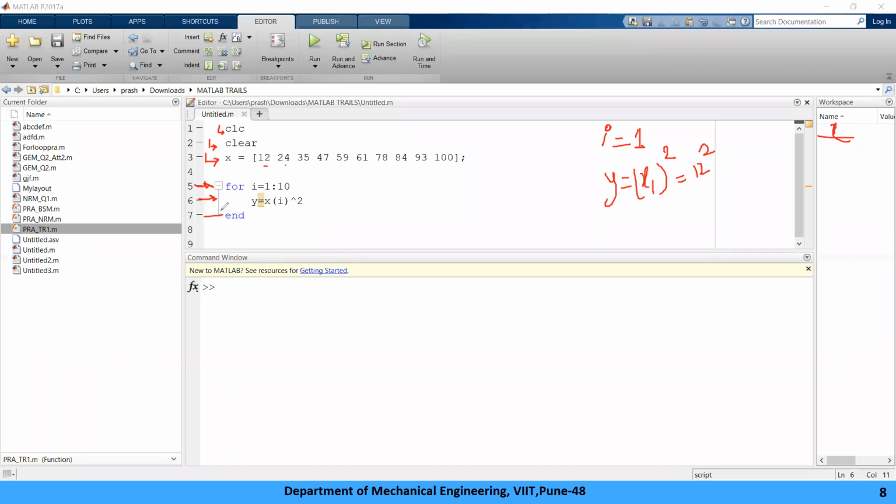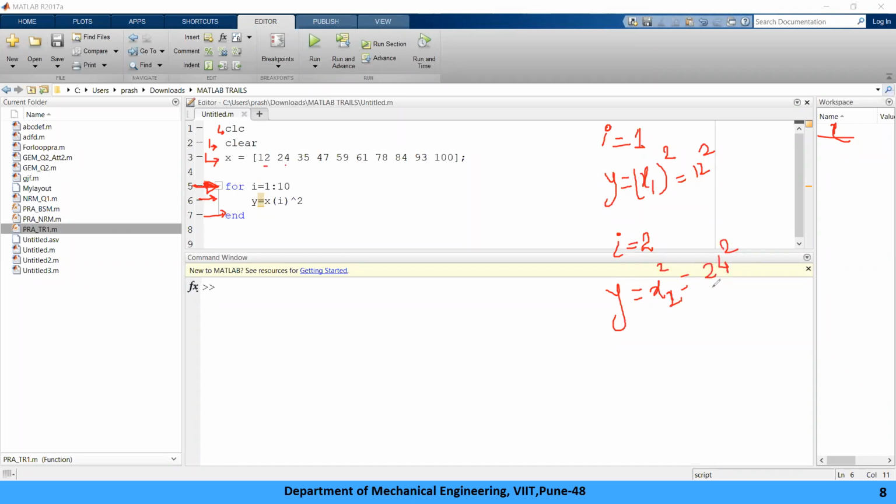Then line number 7 says end, means it will rerun, it will go for next iteration. So again line number 5 पे आ जाएगा. For now I becomes 2, so for second iteration I becomes 2. y का फॉर्मूला क्या है, x of i, so i is 2, उसका स्क्वायर इक्वल टू मतलब 24 का स्क्वायर.